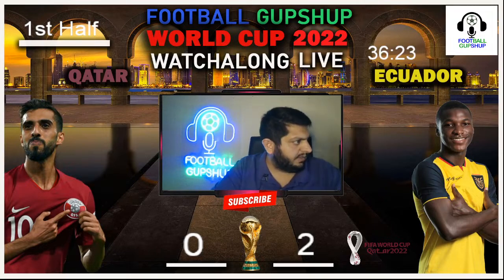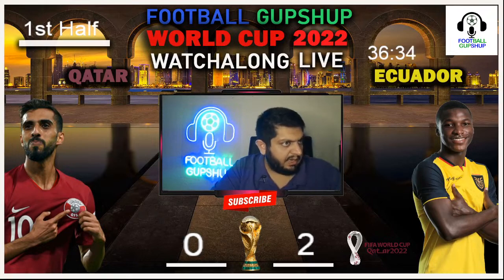Right now, the Qatar fans are watching from the stands, and you can see them. They're very much disjointed. And Ecuador fans are really celebrating, and you can clearly see them being very happy. And you can see the celebration. They're really enjoying it. They're really having fun.